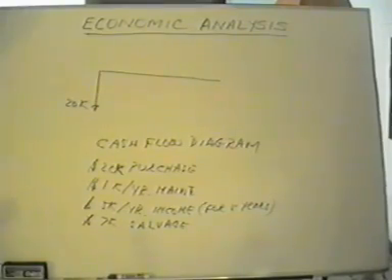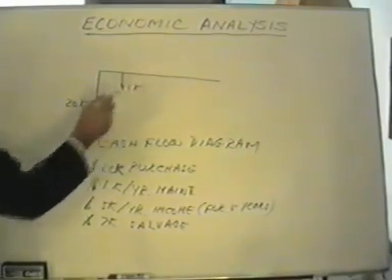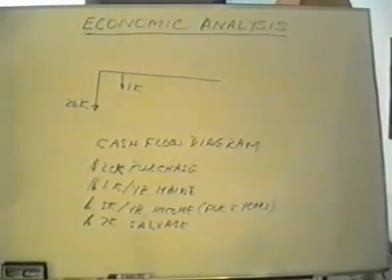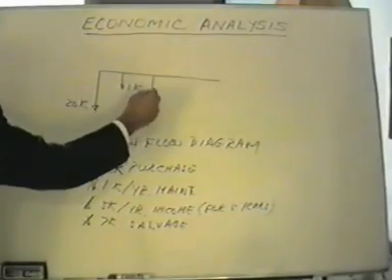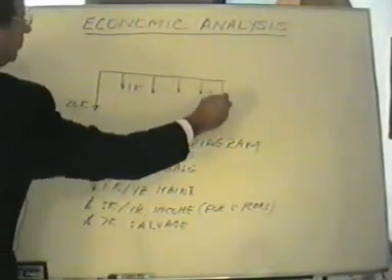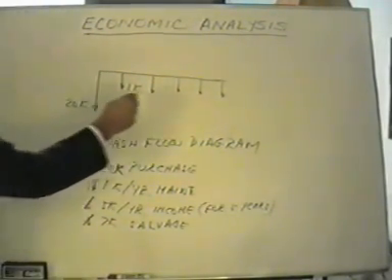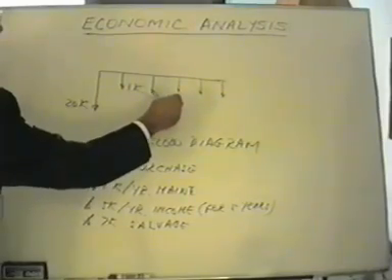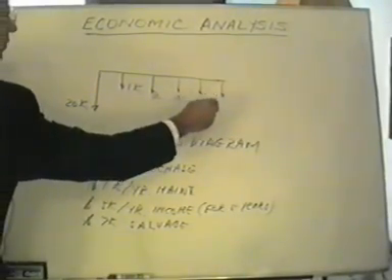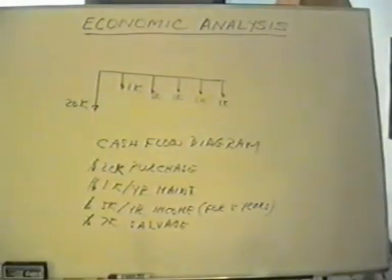And for the first year, we had to spend $1,000 on maintenance, and this went on for 5 years. So each year, we put out another $1,000. Look at all the expenses right now. Also,